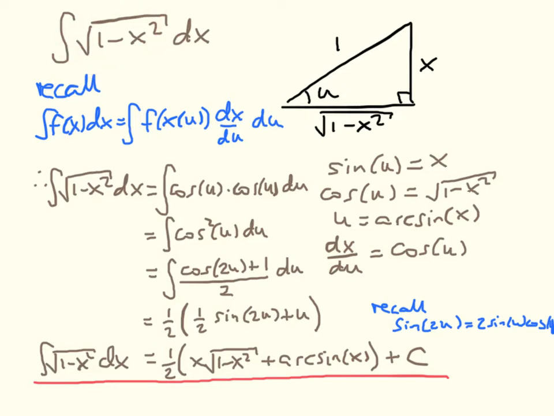So the key things that we used here, we saw this square root factor, we didn't see a simple factor of x outside to make it easy, and we thought therefore we were going to use a sine substitution. And the reason that we know that we've made the right substitution is because the sides of the triangle satisfy Pythagoras' theorem, and the nasty factor here is one of the sides of the triangle. And here we've just set up everything that we needed